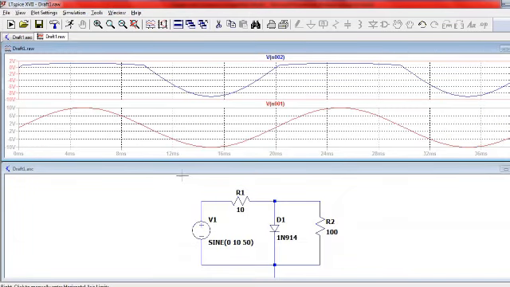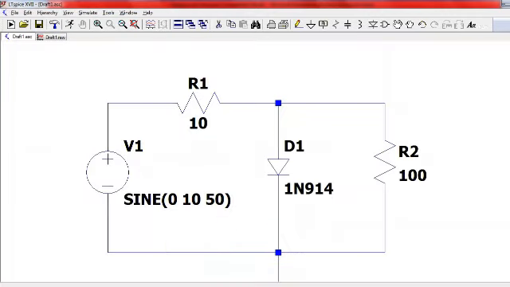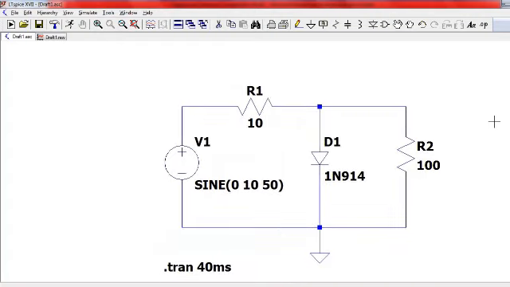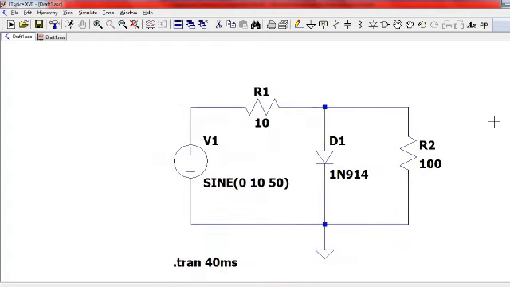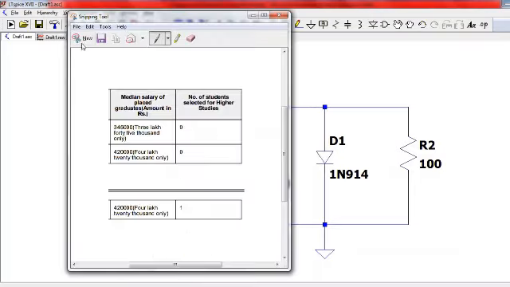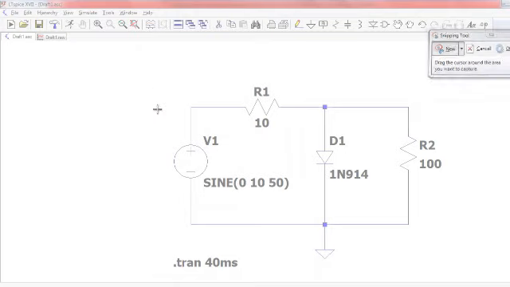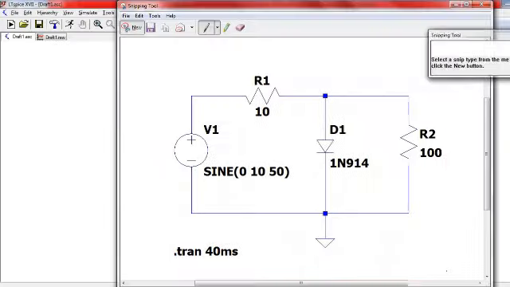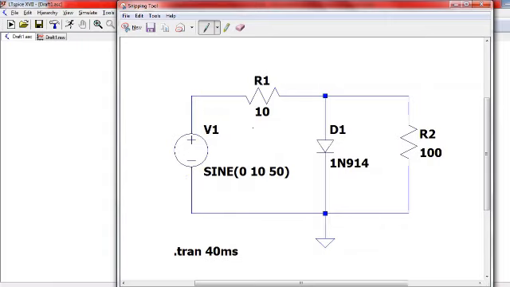You can copy the circuit in several ways. Either you can use a snipping tool to copy the circuit with all these values, and you can copy and paste it to a Word file.